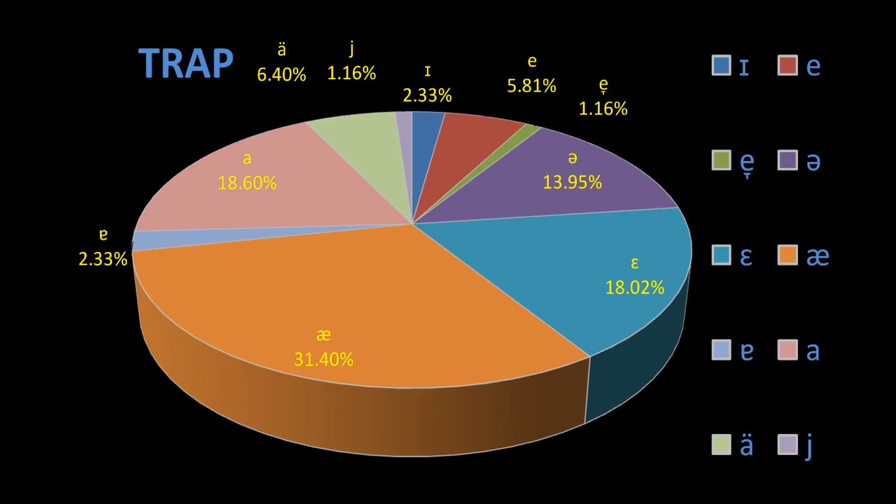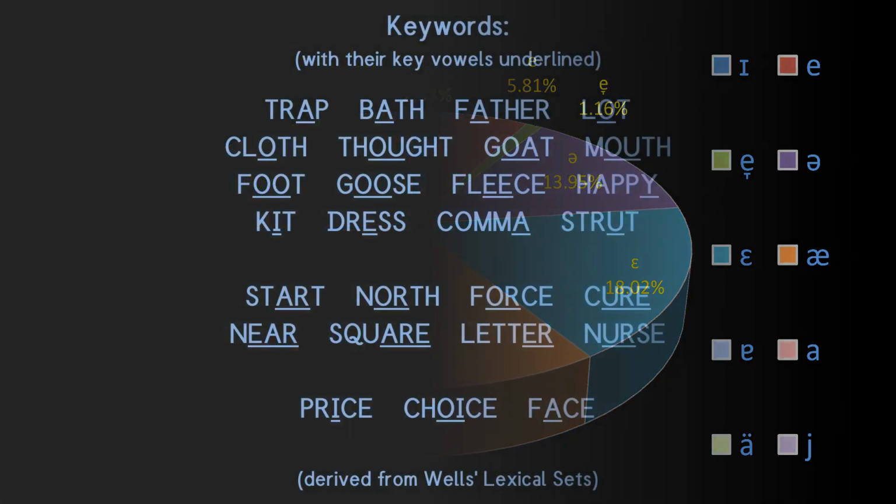Note that it also includes the y consonant, which of course does not appear on the vowel space diagram. It occurs in accents which have advanced the I slide so far that it has moved out of the vowel space. For all intents and purposes, this won't matter to us except for one keyword. Can you guess which one?